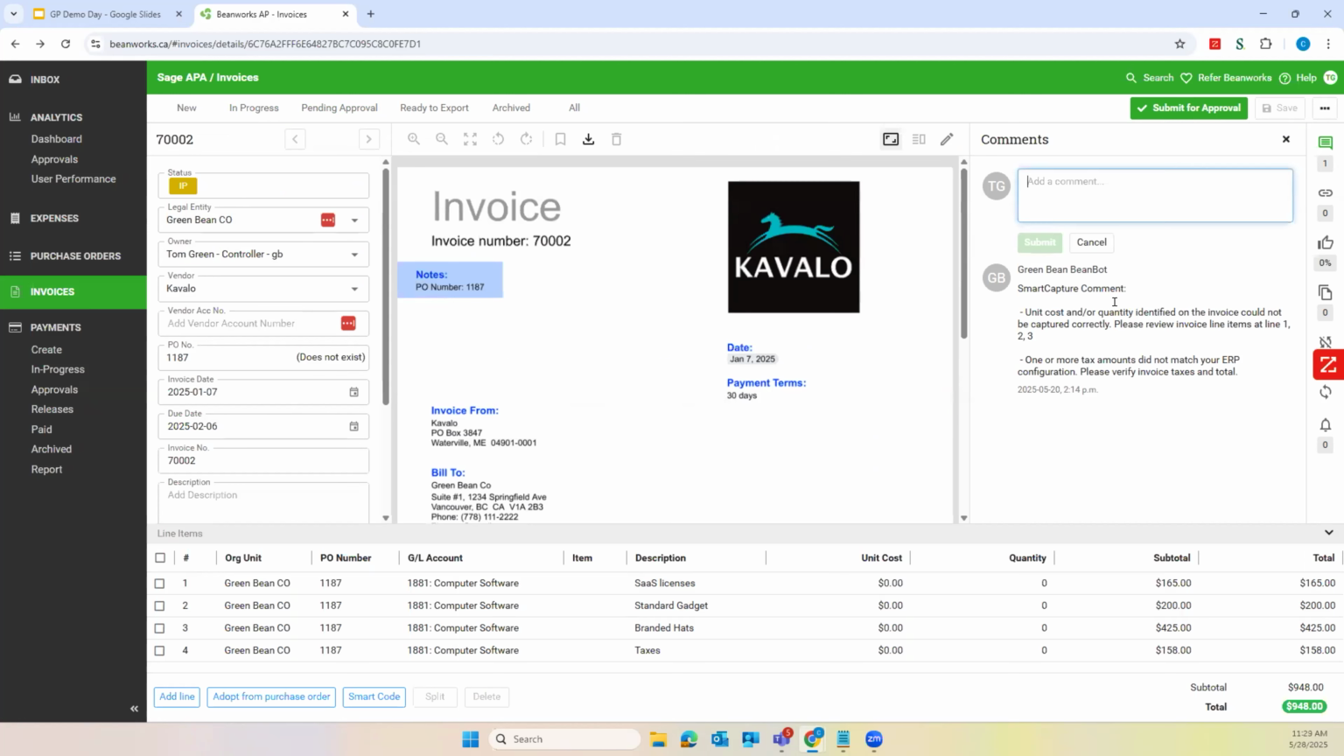So here we'll see the unit cost identified could not be captured correctly. It'll have those additional commentaries. You can be like, hey, Tom, what's going on with this invoice? And then you'll be able to submit that and be able to have that approval communication not only done through email, which is where we see most people currently doing their approval process, especially with GP, but also all within the tool. I'll jump into the backend of the tool just to show you quickly how to set up